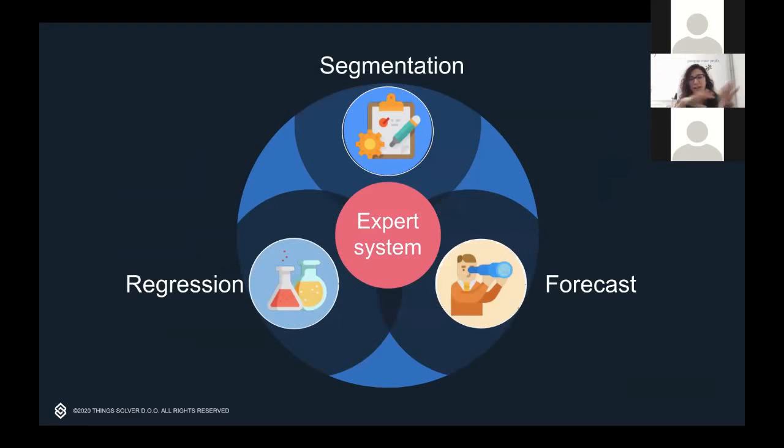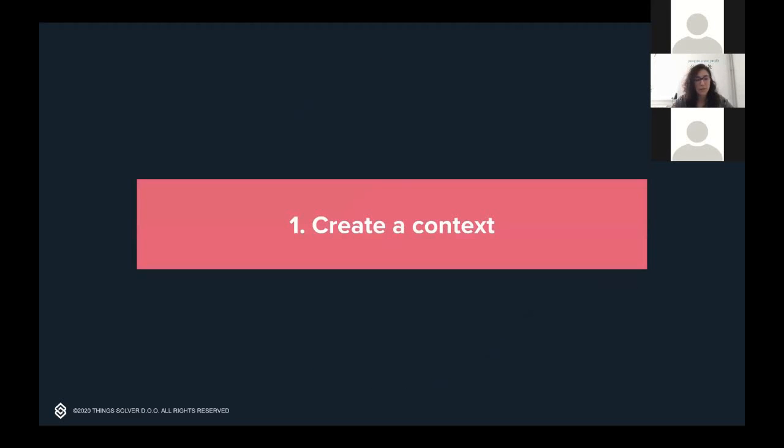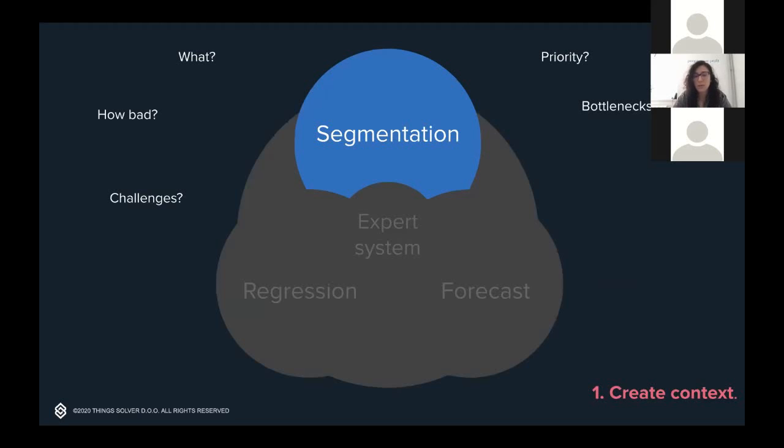So there are lots of other challenges and components that we have developed from the data engineering perspective, from the development perspective, but here we are talking only about the machine learning. And here you may see the main building parts of our solution. So we have used segmentation, forecast, regression, combined that into some expert system, and then generated some outputs that were used by our clients. So basically, the first step was to create the context, as I already mentioned, and that